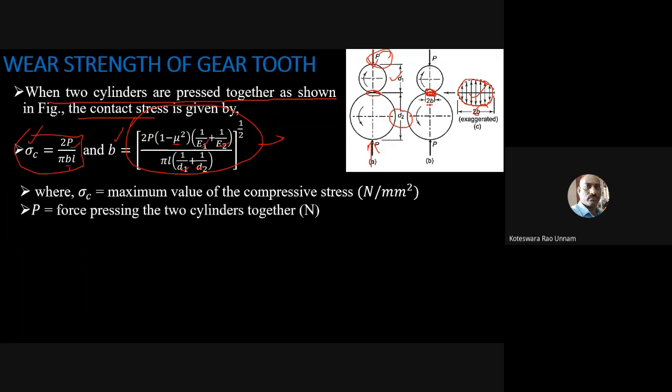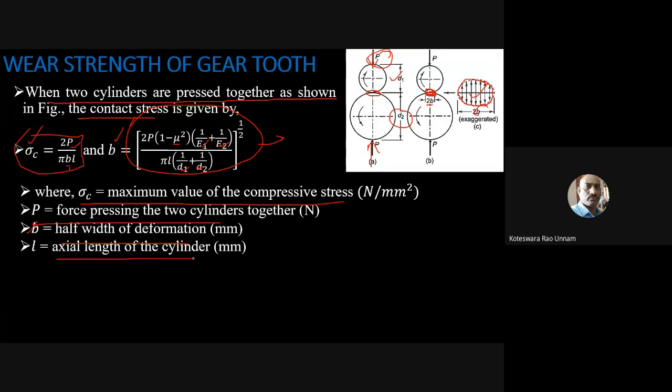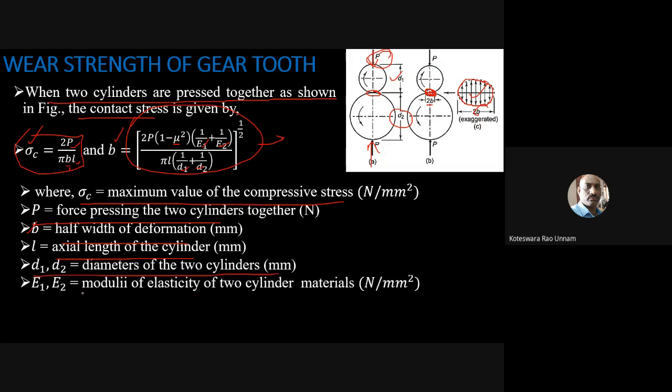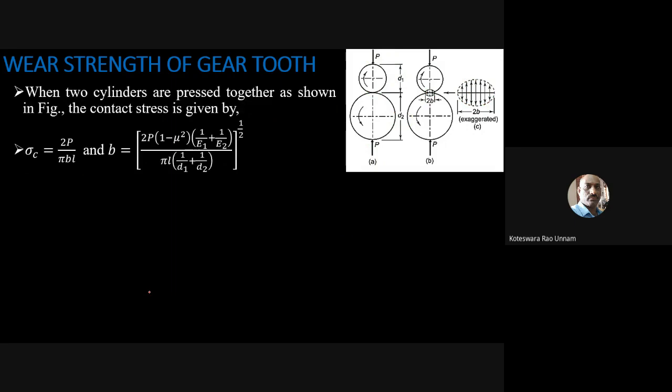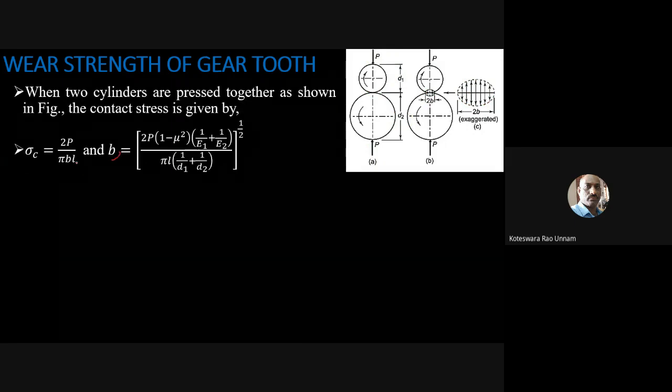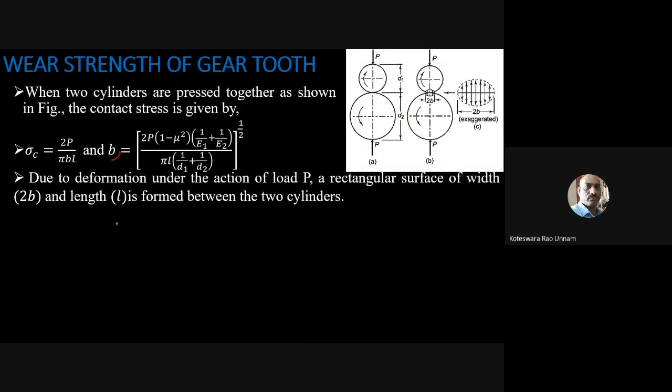you will get sigma C, the maximum value of compressive stress. P is the pressing force, and half the width of deformation we'll take as b. L is the axial length of the cylinder. In this equation, L is also there. D1 and D2 are the diameters of the two cylinders. E1 and E2 are moduli of the two cylinders. Mu is Poisson's ratio. So now what we'll do is substitute this b into this equation. If I substitute that,